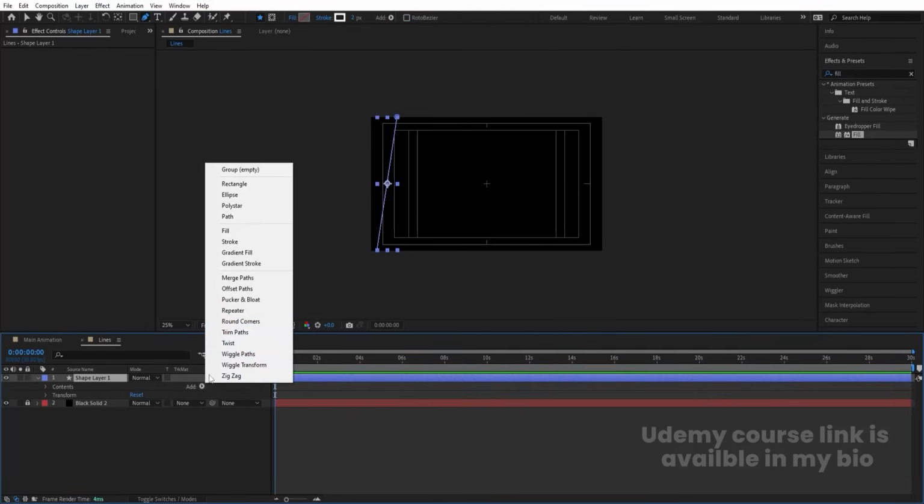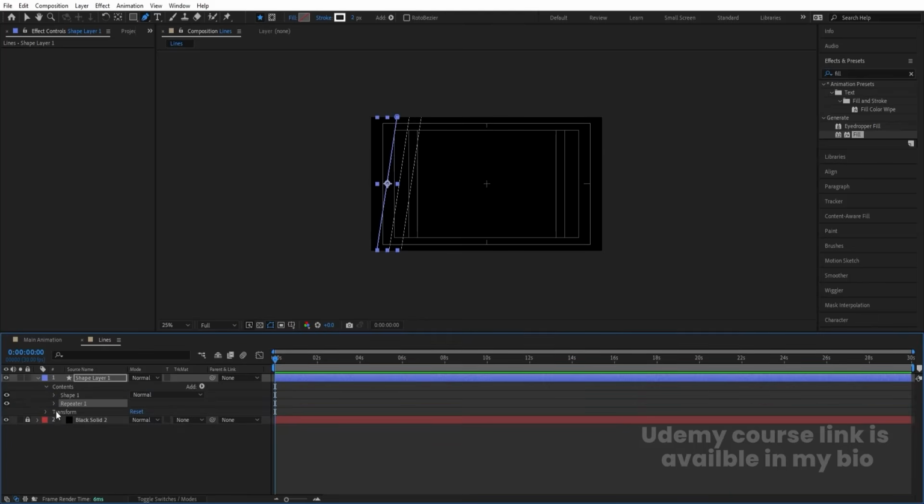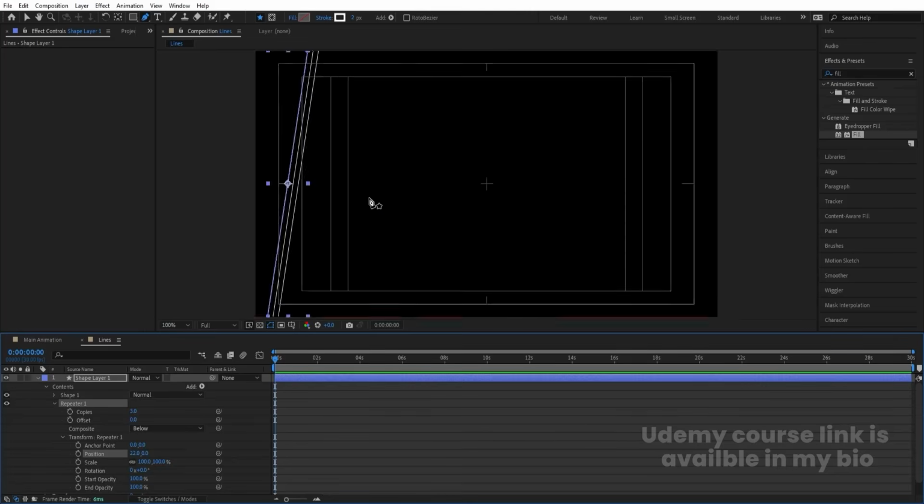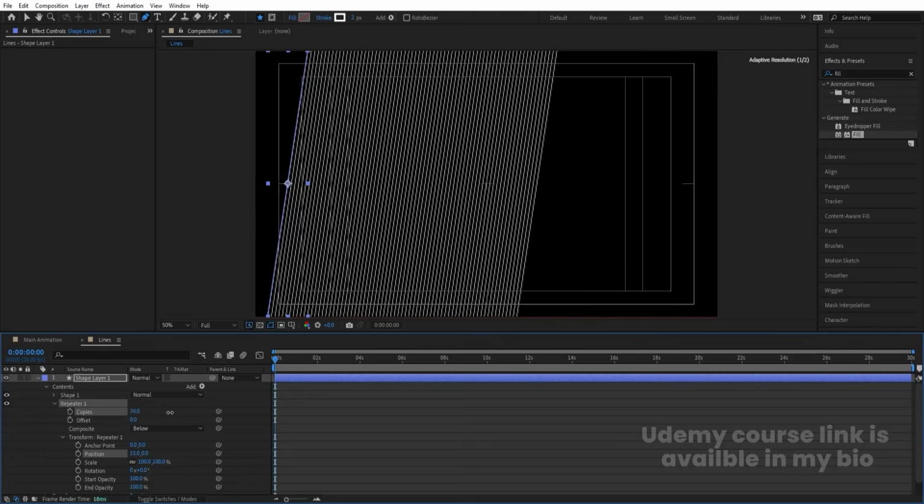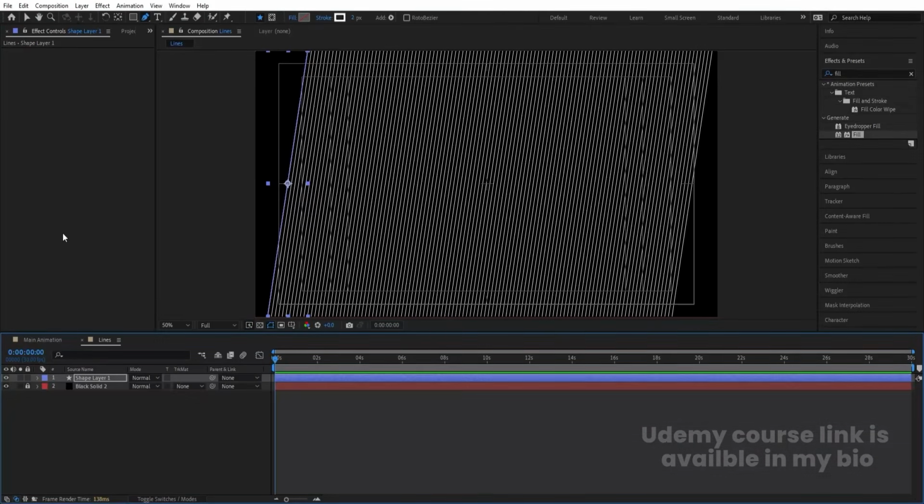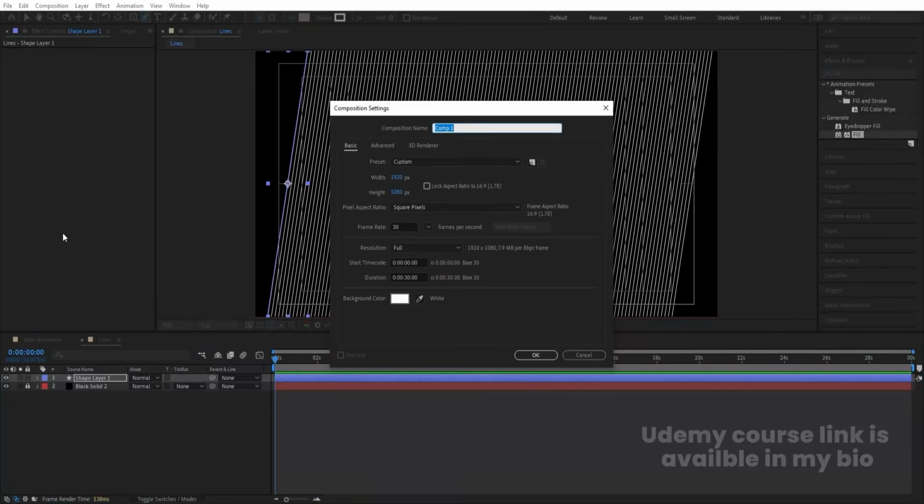Go to the add menu and we are going to choose repeater. Go to the repeater one, transform repeater one and position should be over here. Okay, like that. Okay, let's make this 15 and now let's increase the number of copies to somewhere around like this. Now hit Ctrl N again and to create another composition and this time I'm going to call it as